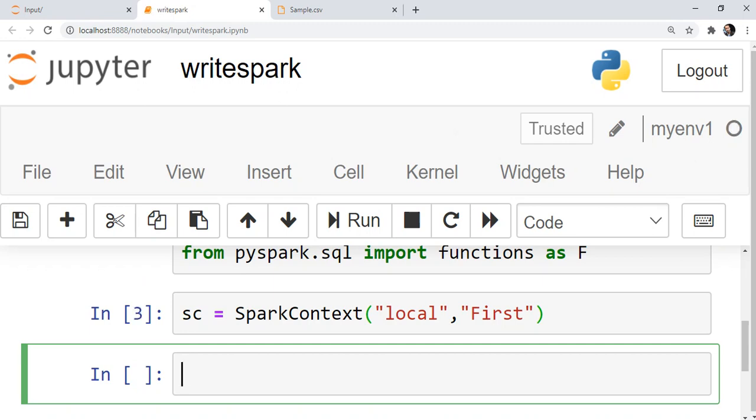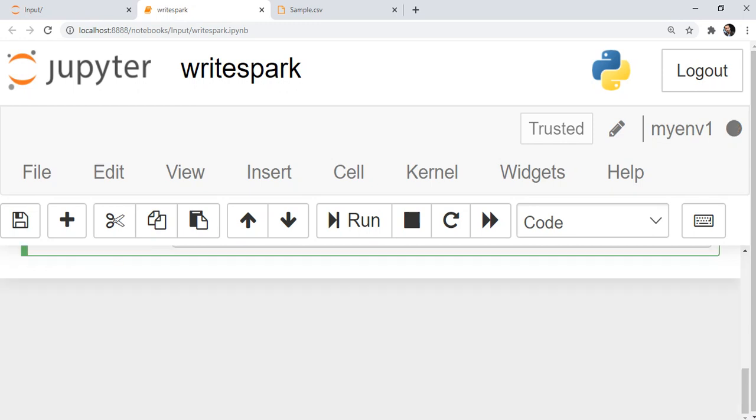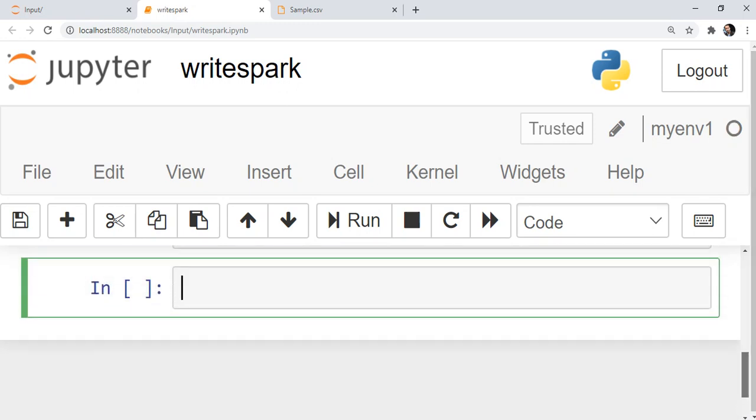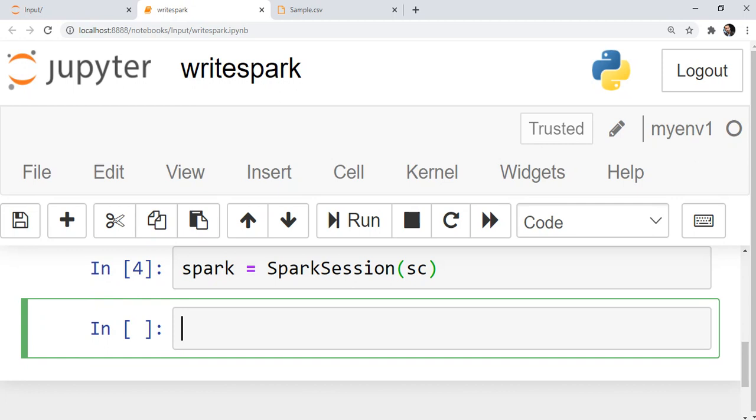We didn't have one, so it has been created. Now I will create one Spark session out of the Spark context, and on top of this Spark session object we will perform our operations. This is similar to what we did in our previous exercise, but we are just revising those steps again.